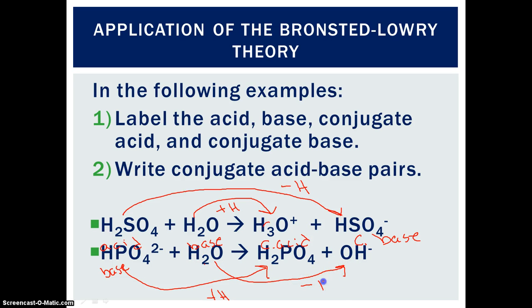I lost a hydrogen. Losing is like donating. That's an acid. Now the pairs. Base forms a conjugate acid. Acid forms a conjugate base. Notice water can be both an acid or a base based on the Bronsted-Lowry definition. Draw your arrows, decide, adding an H or